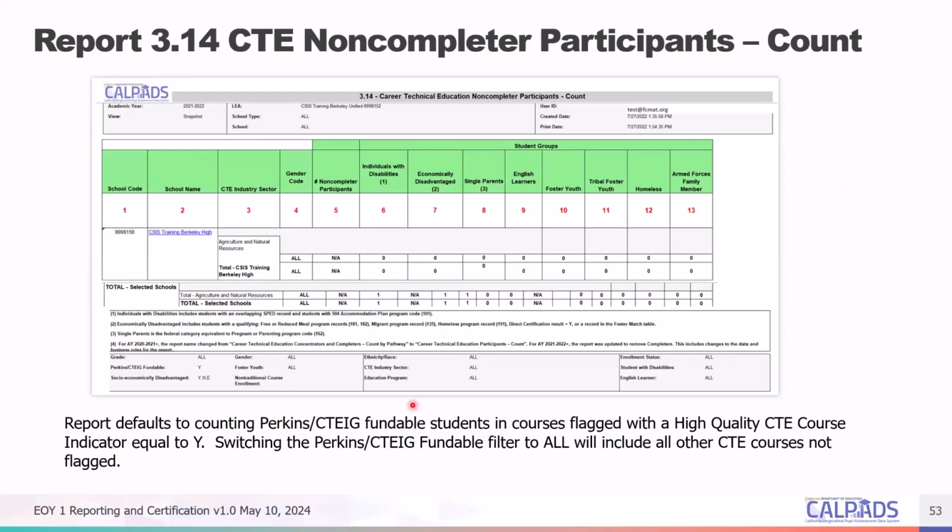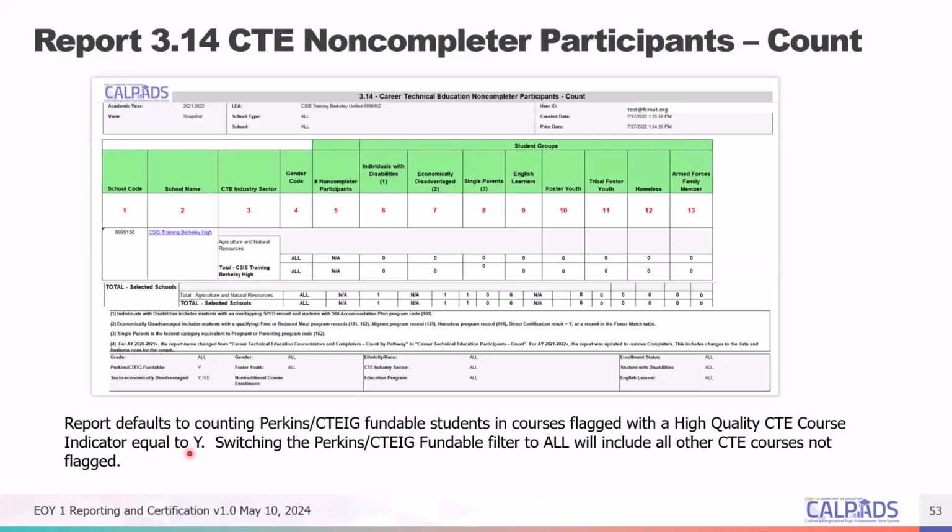So the important thing that you need to know is that 3.14, 15, and 19 and 20, all of those by default would only reflect courses marked as high quality CTE course indicator equal to Y. Okay?